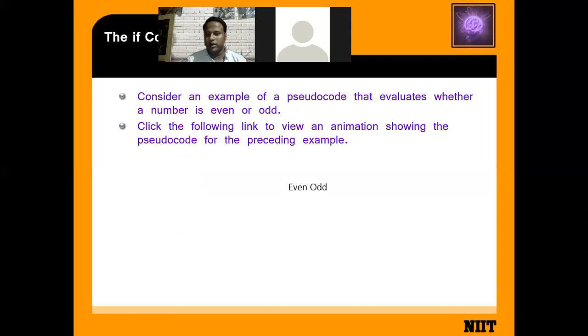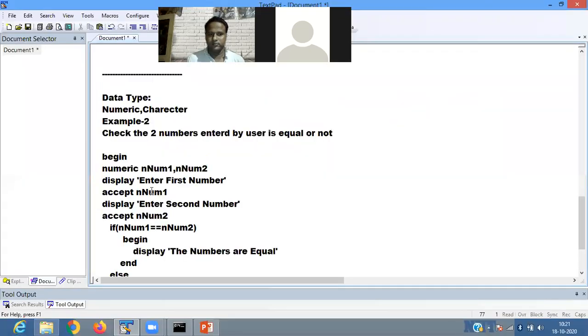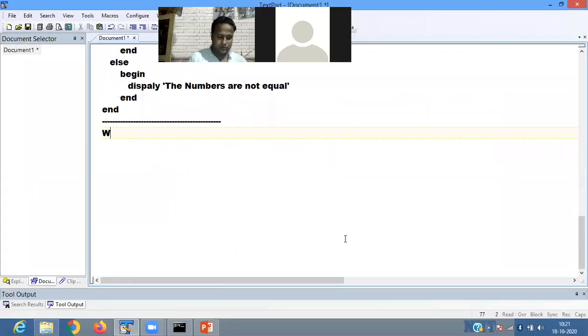So can you say which number is called an even number? Which number is even?